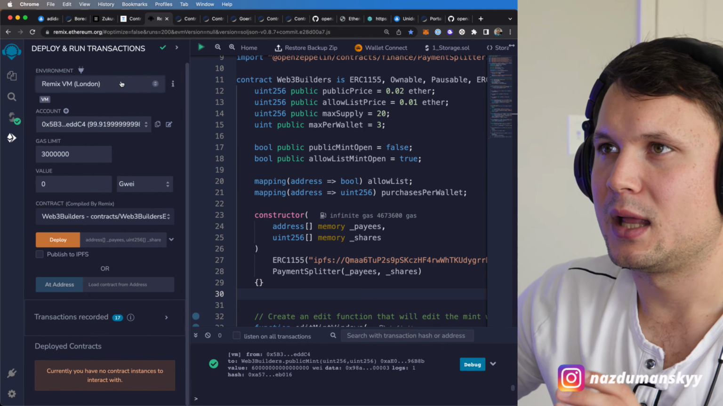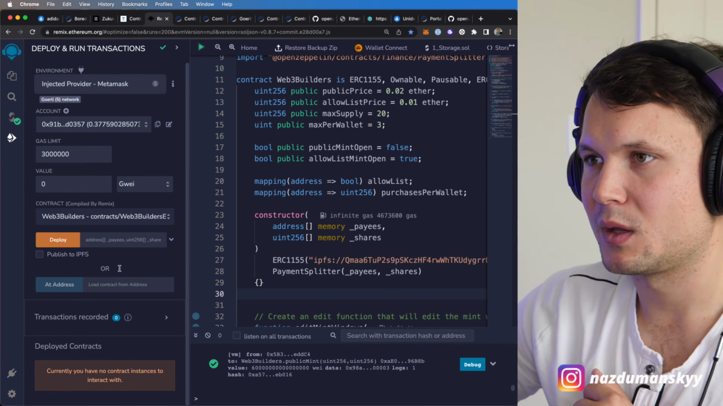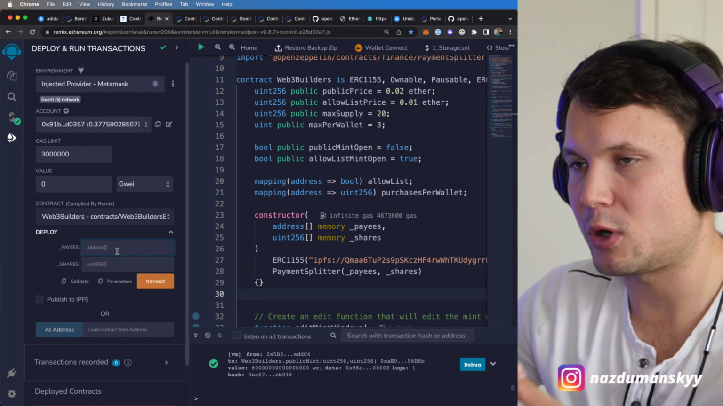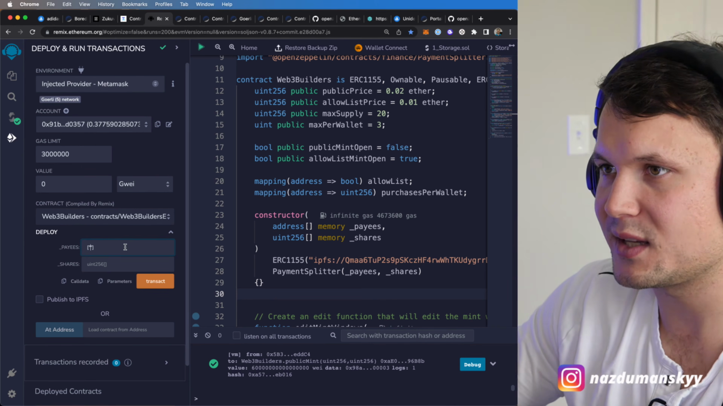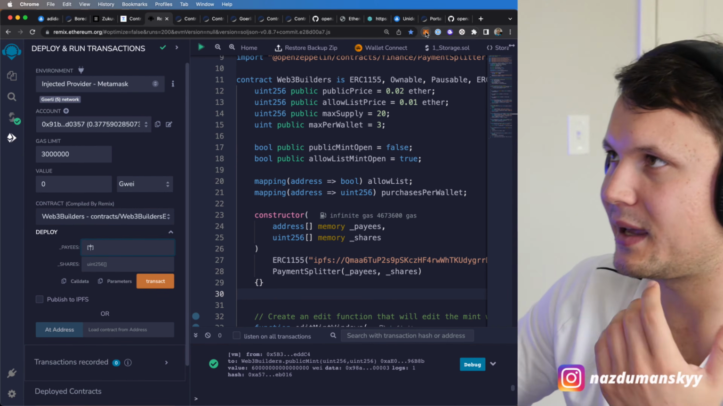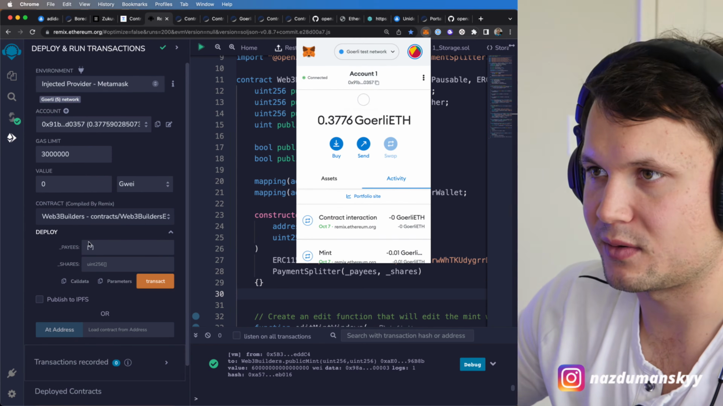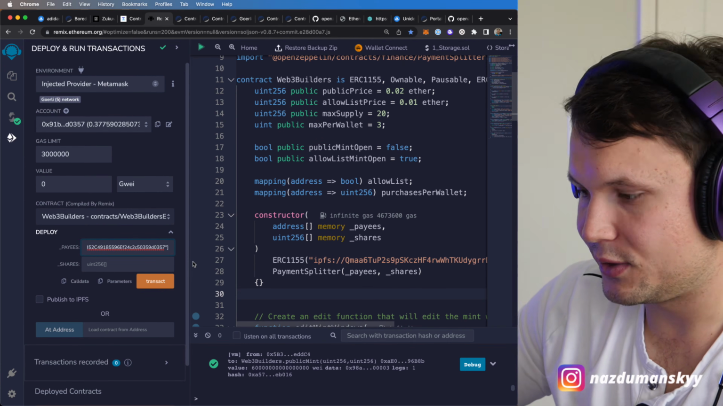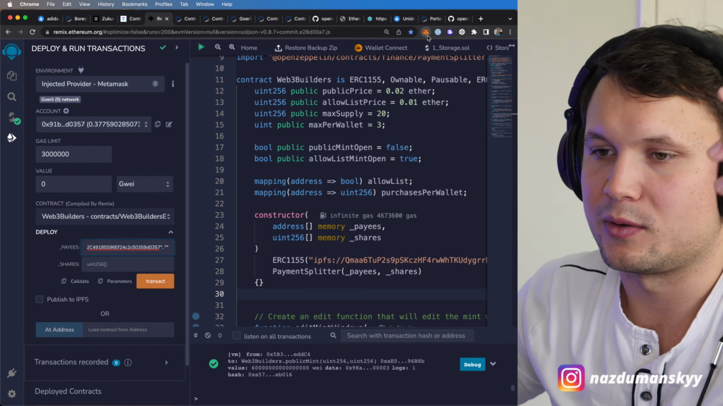We don't need this. Let's deploy using our MetaMask wallet right here, okay? Now, when you deploy, you have to specify the constructor arguments. In our case, it's going to be two payees. One is going to be me. Let's just say I get 10%. So here's my MetaMask wallet address. This is my 10% right here. Boom, right? And then the other person is going to have the 90%, which could potentially be the founder or